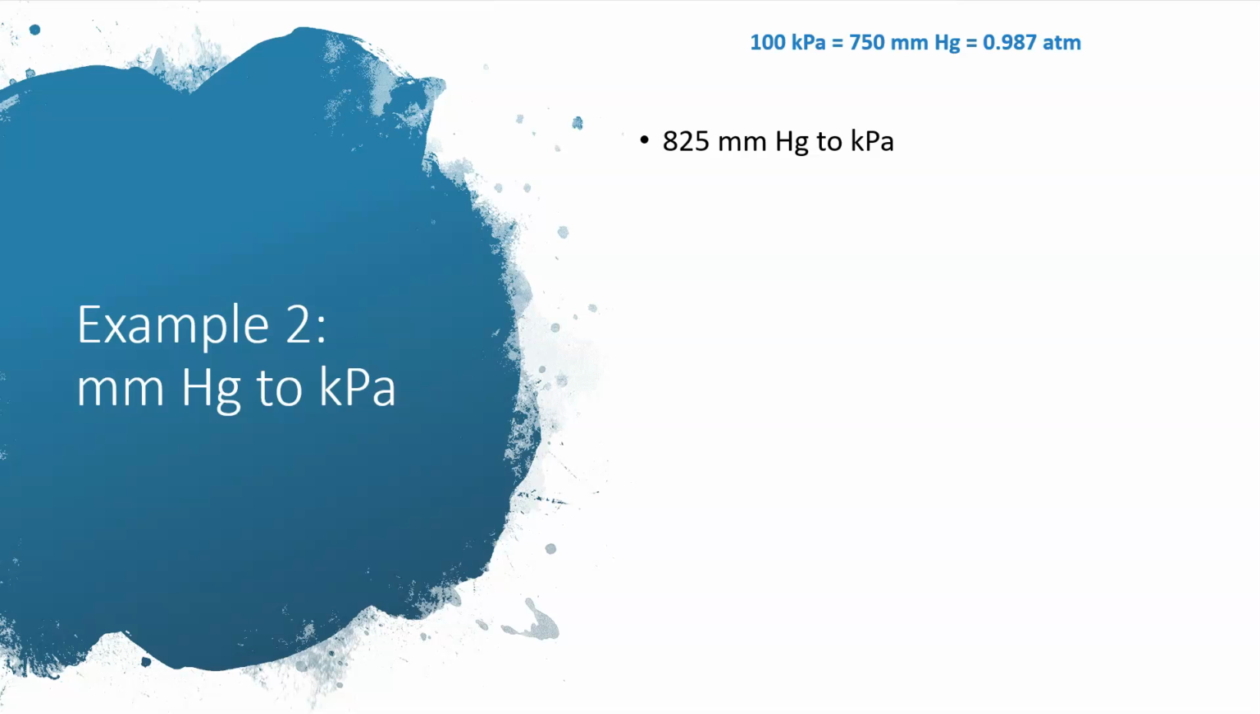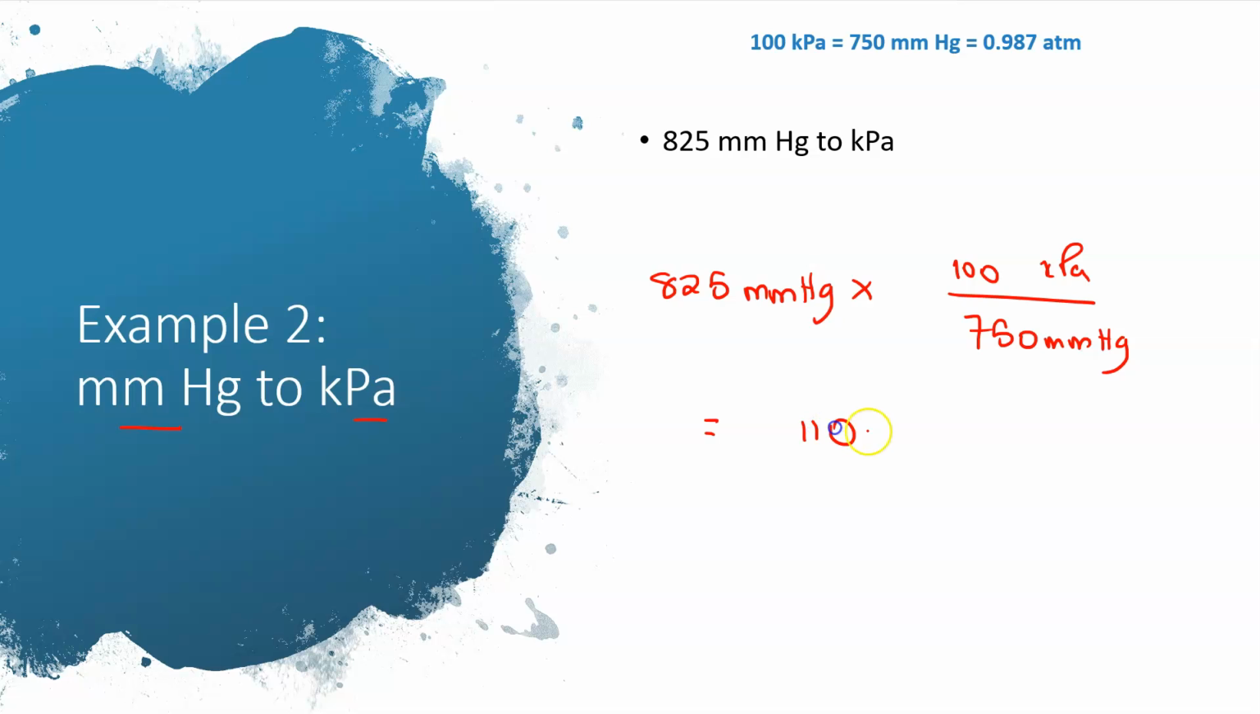Okay, in example 2, we're going to go millimeters of mercury to kPa. So we have 825 millimeters of mercury multiplied by our conversion factor. I want to go to kPa, so that's going to be on top, and that is going to be 100. And then on the bottom, I'm going to have my millimeters of mercury from our conversion factor, which is 750. If I plug this all into the calculator, you should come up with 110 kPa, which, if you think about